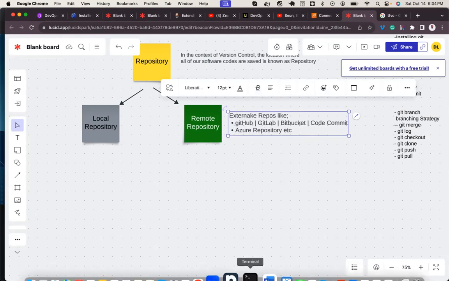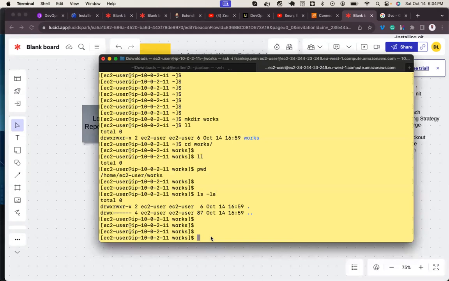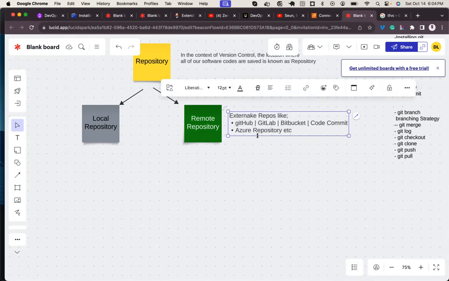So it means that I want to be in my base machine, all right? And after developing my code, I want to push this code to GitHub. I want to push the code to GitLab. I want to push the code to Azure repository. That is what we call remote repository.